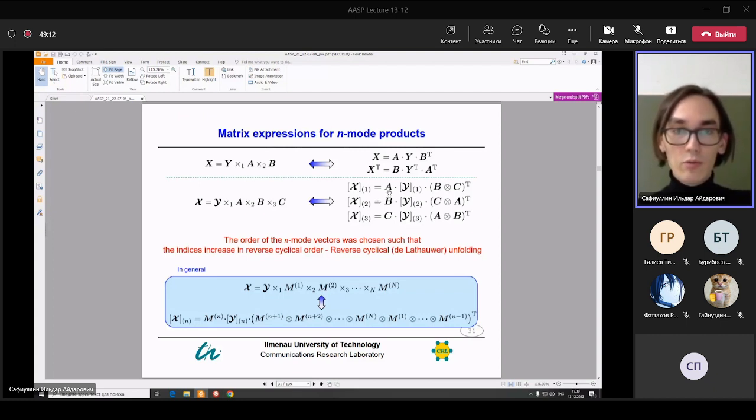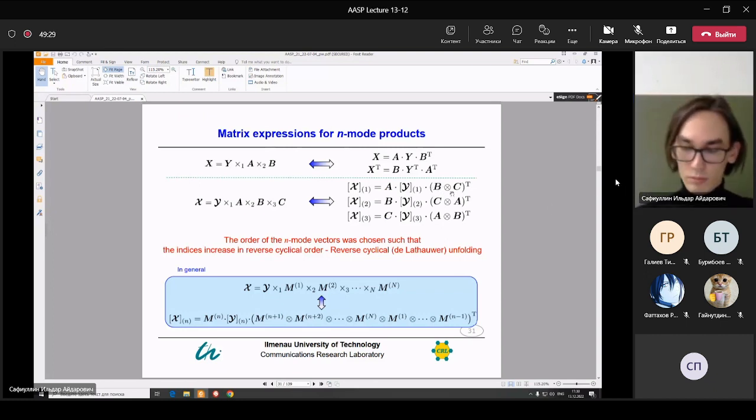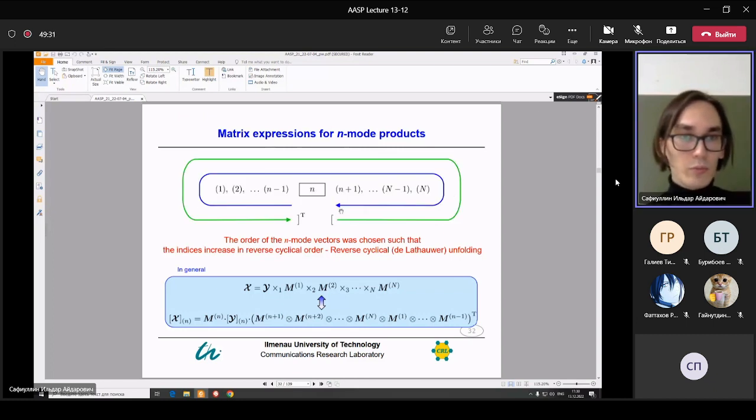You can see now you write A, B, and C here as before, but the multiplication here inside of this Kronecker product with transposition. You can see that we start here with B, so we use this type of ordering, and maybe